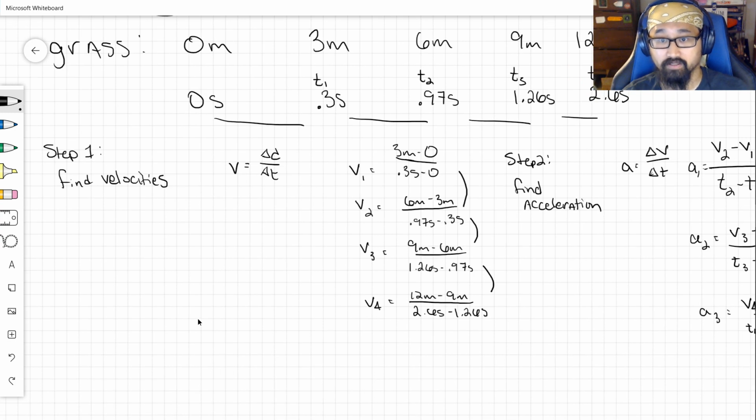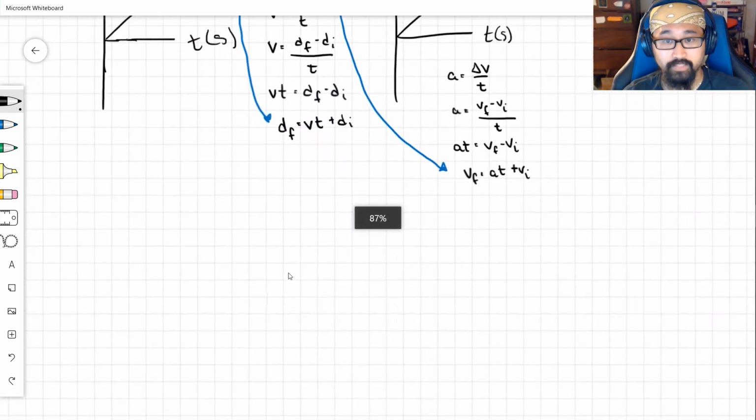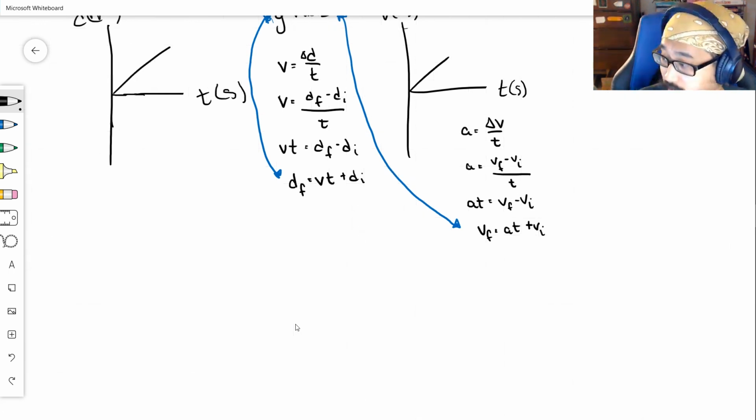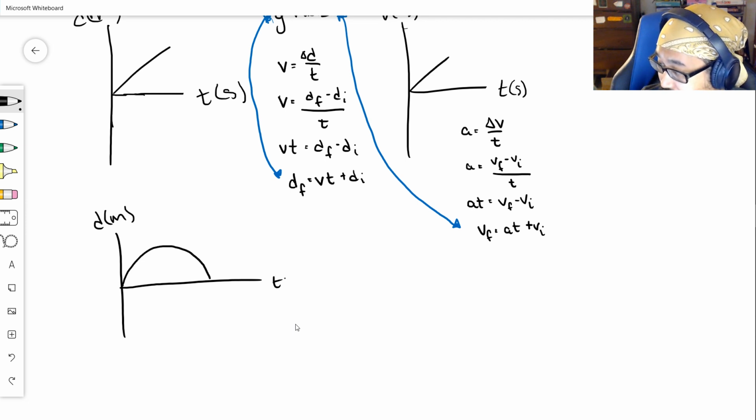Calculations on calculations on calculations. There are more elegant ways. The more elegant ways typically involve making an analysis of some kind of graph that might look like this. This is again distance in meters, this is time in seconds, and this is the form of a parabola. And if maybe you remember, maybe you don't, but the form of a parabola is ax squared plus bx plus